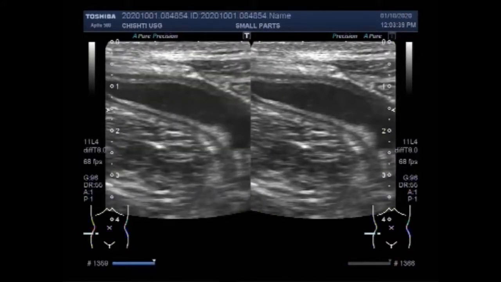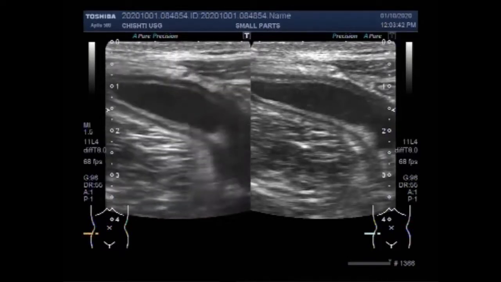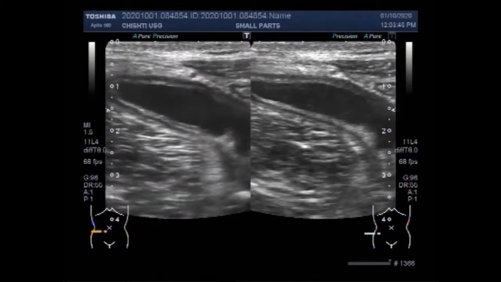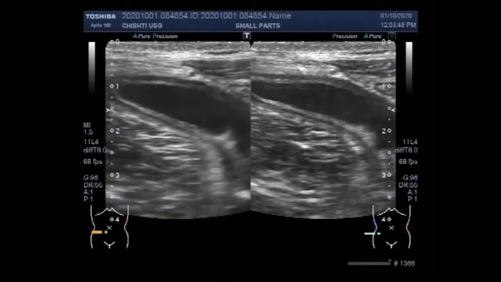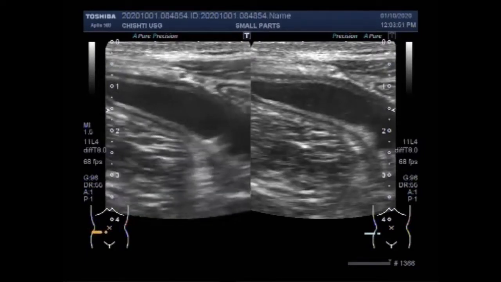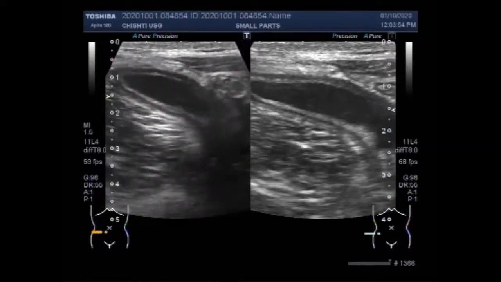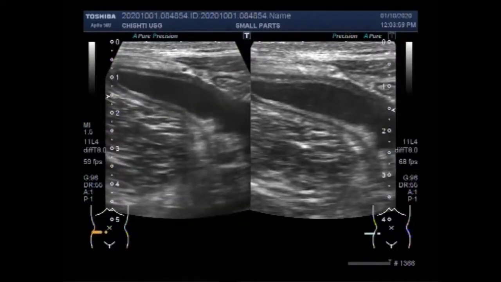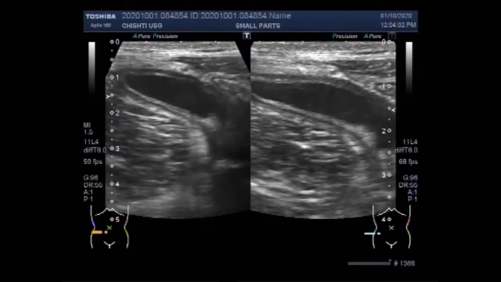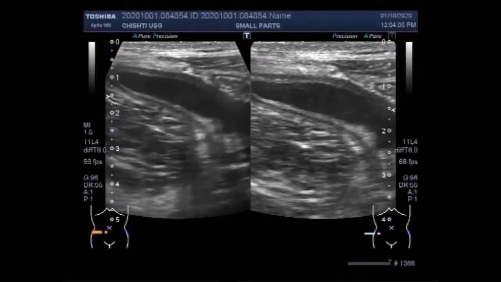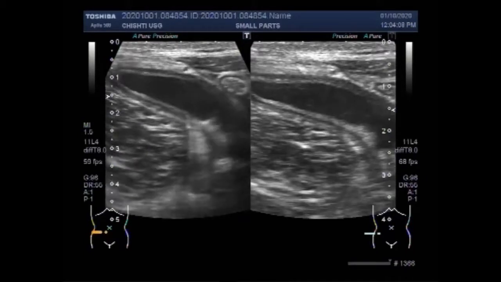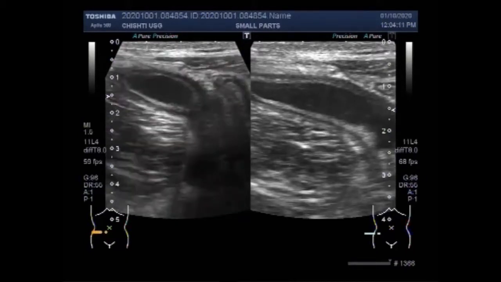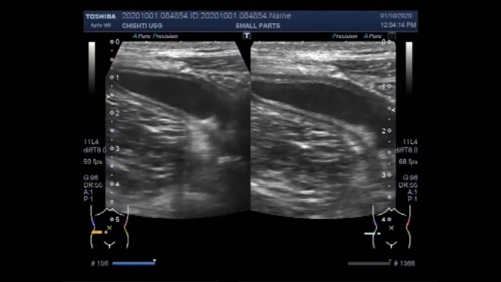Then you will sweep the probe to do the examination in the transverse plane or axial plane, also called horizontal plane or transaxial plane. The position of the appendix is variable from patient to patient, so you will have to look around the cecum to localize the appendix. The localizing of the psoas muscle is also important, as the appendix lies mostly overlying the psoas muscle.